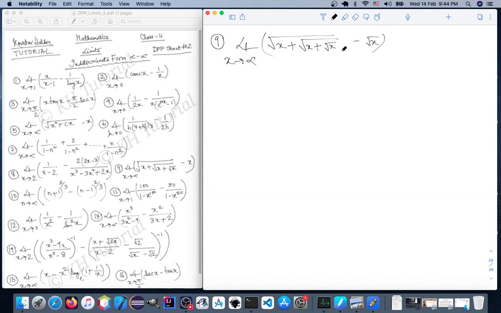So clearly this is of the form infinity minus infinity, and we need to rationalize this by multiplying with the conjugate term in both denominator and the numerator, and we get